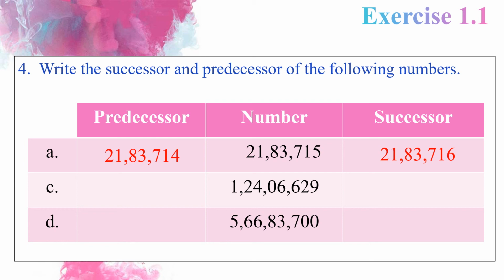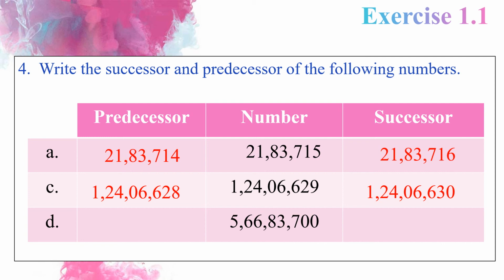The C subdivision, 1 crore 24 lakh 6,629. To get the predecessor, we need to subtract 1. Therefore, while subtracting 1, we get 1 crore 24 lakh 6,628. Similarly, to get the successor, we need to add 1 to the given number. Therefore, it becomes 1 crore 24 lakh